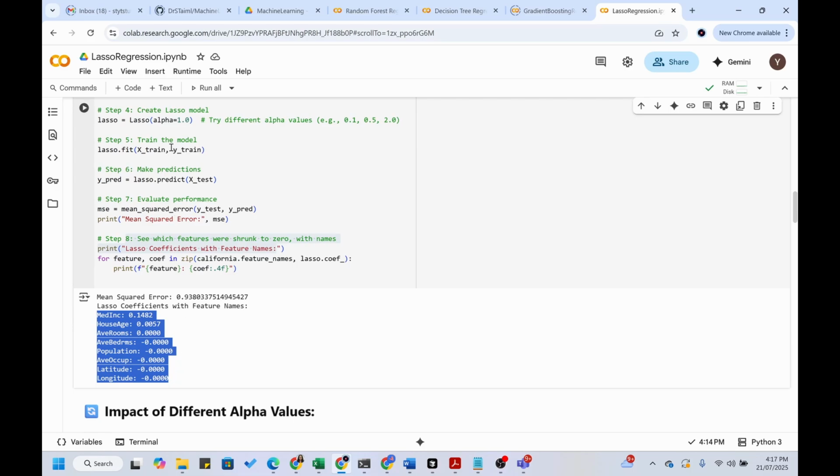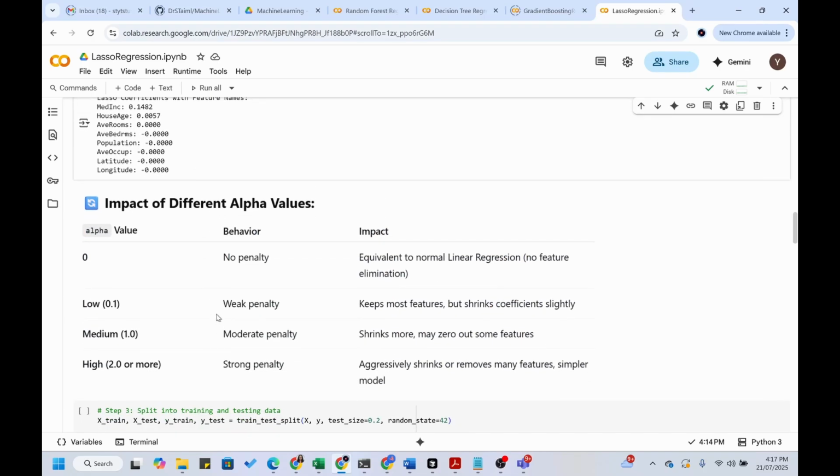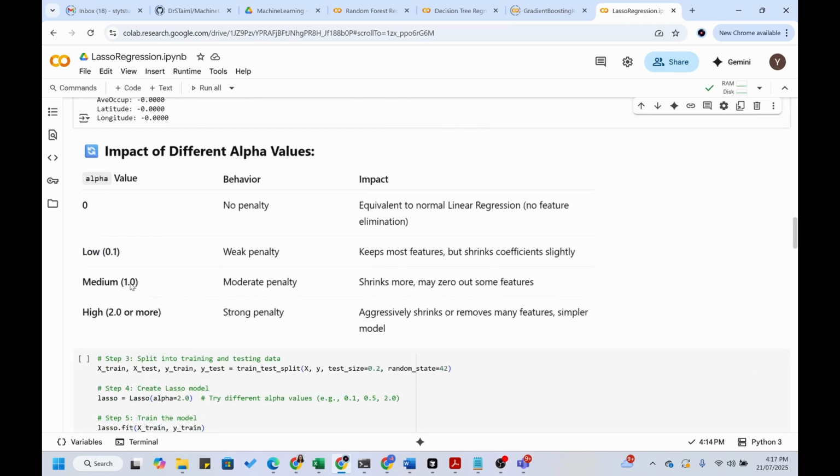So now you can see alpha plays an important role. Where I'm getting the MSE, the error is 0.9. Now in detail, let's see what the different values of alpha will represent. Now see here, I'm writing different values of alpha here. Right now the value we have put is 1.0. This is the 1.0, that is the moderate penalty I'm putting on the model. It will shrink or eliminate more features,